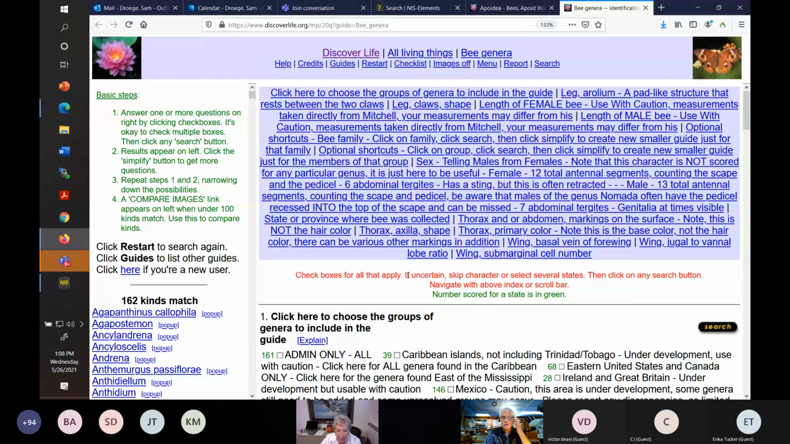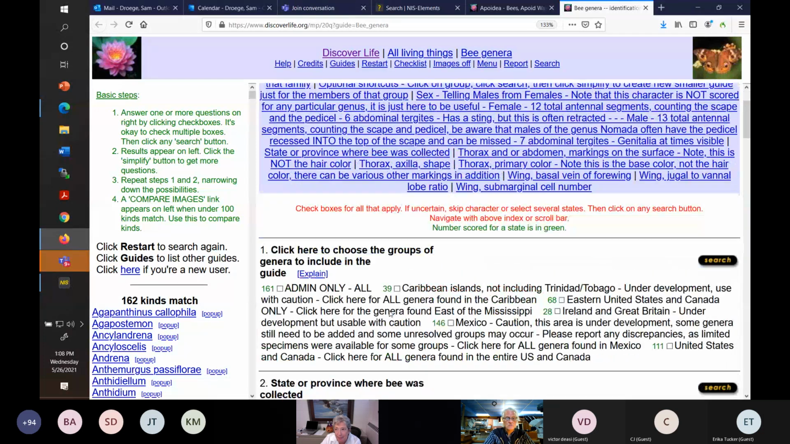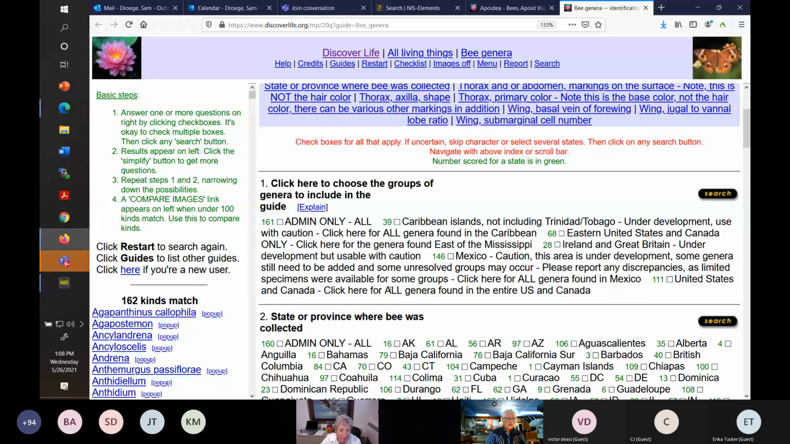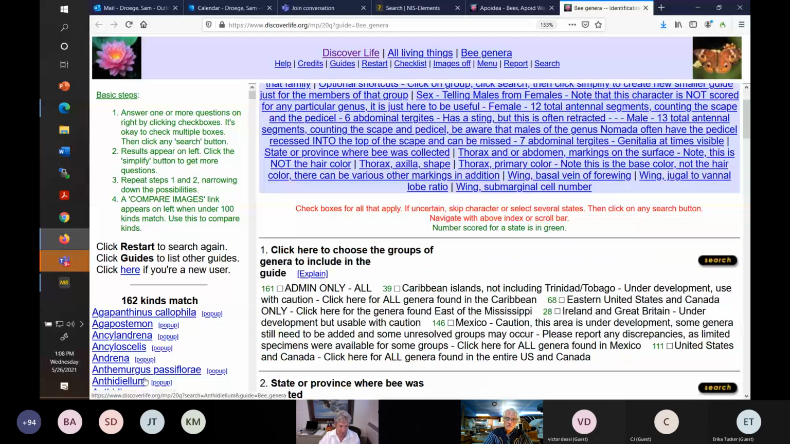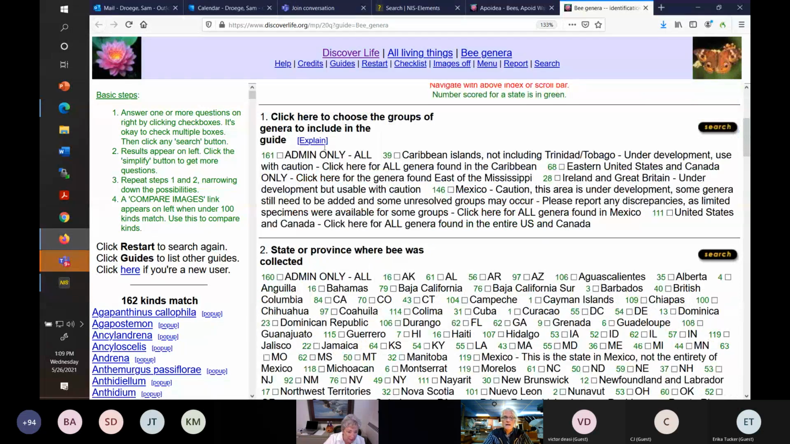I just want to parse through where we are to catch people up who have not been on the first two sessions. So now we're at the genera guide in Discover Life. Again, these are covered in detail on the first two sessions, which will be up. And we have a specimen, which you can't see yet, but I'll show you. And as we go through the guide, you have answers, in this case genera, on the left, questions on the right. And if we look through here, we could click on Eastern United States because that specimen has come from